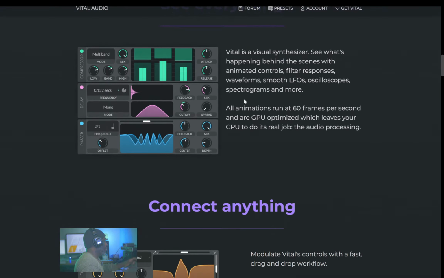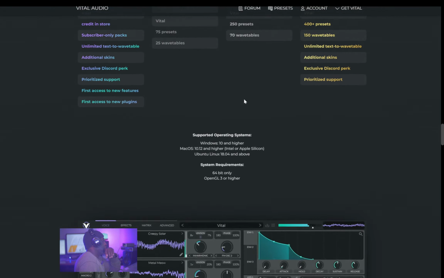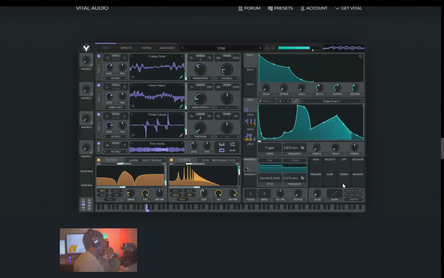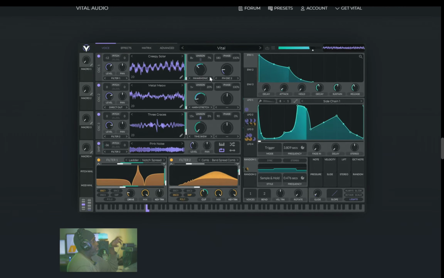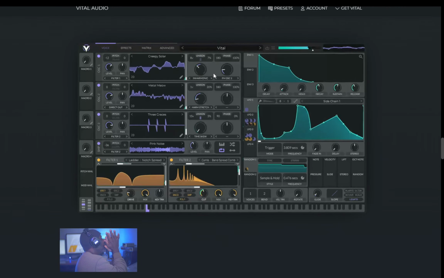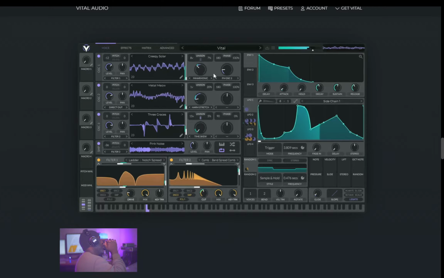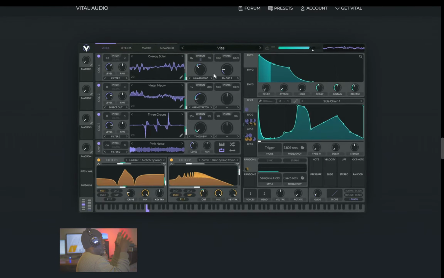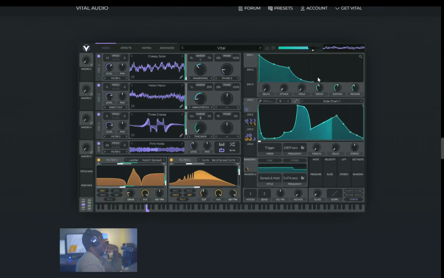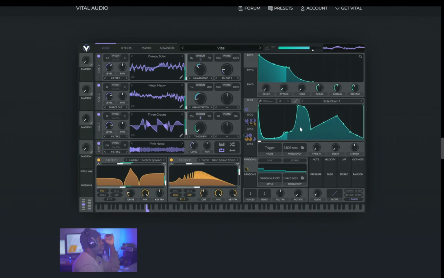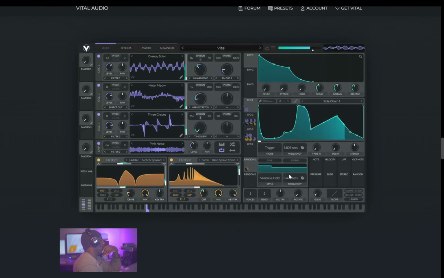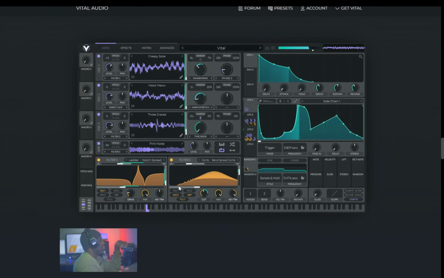And it has a ton of built-in effects. So this one is, once again, very full-featured, very animated. Unlike Surge, I don't think there's a lot of animation there where you can see what's going on with the sound and just how everything is moving with the wave shaping and the envelopes and the modulators, as you can